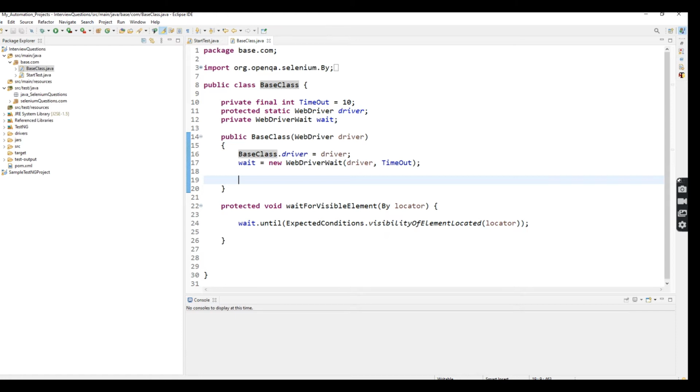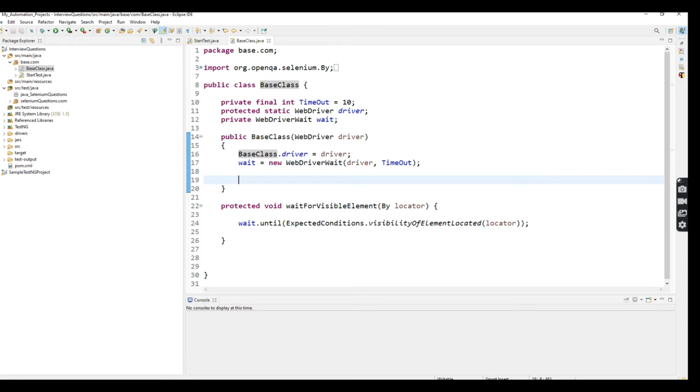Okay, because once you start a Selenium project, first you want the WebDriver driver initialization. Without driver initialization you are not able to start your script, right? So that is the reason inside the base class I initialized the WebDriver driver1, and I gave the timeout which I'm using inside the explicit wait. So this one constructor and one method are common to our application. That is the reason I simply mentioned these two.